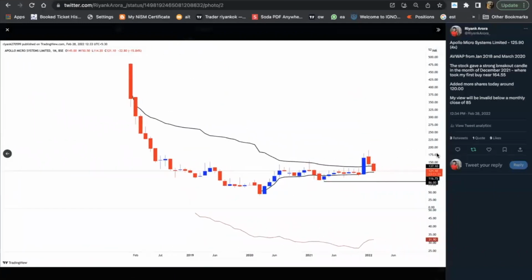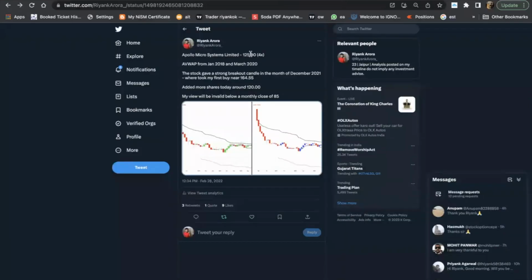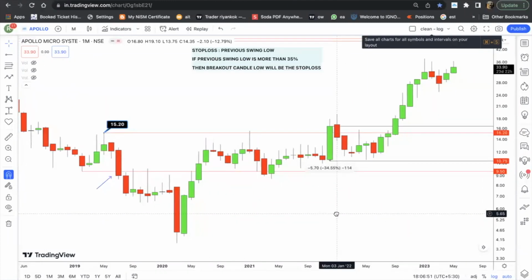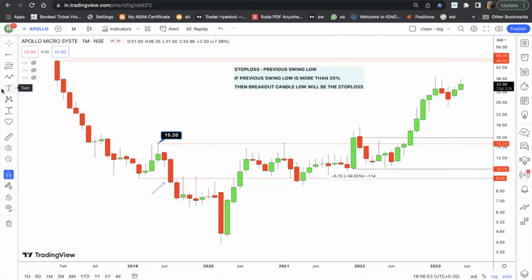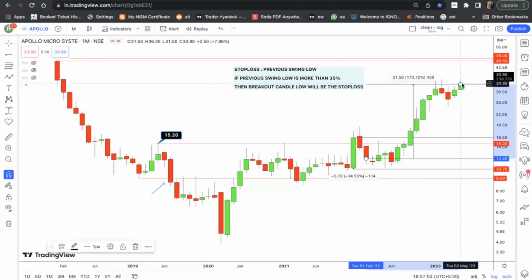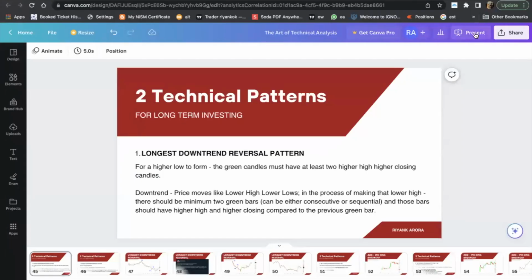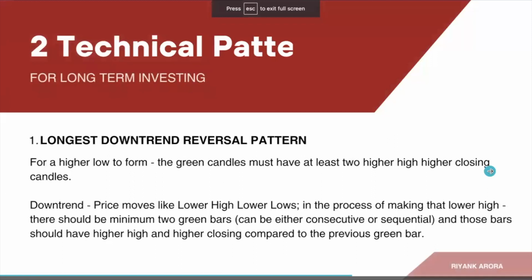Okay, so we are going to just keep this as a teaser for our next session. We'll be talking about Anchored VWAP in the next session, but this is just to show you how Anchored VWAP can work out in the long term as well. So 125 was where I added this stock, which was somewhere around these levels. And right now it is trading somewhere close to 33 rupees, which is 334 rupees pre-split. So from those levels of 120, it is close to 200% up. This is just one of those patterns which I extensively use for my long-term investing.